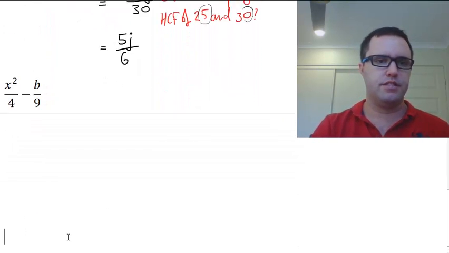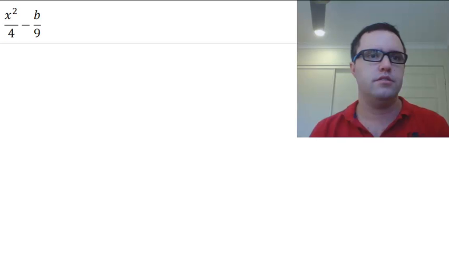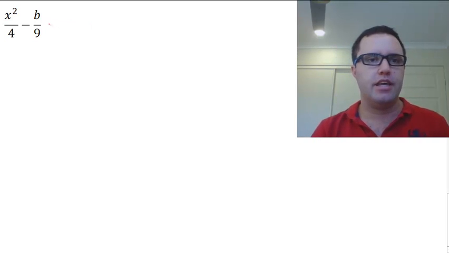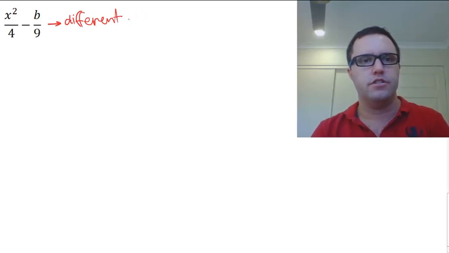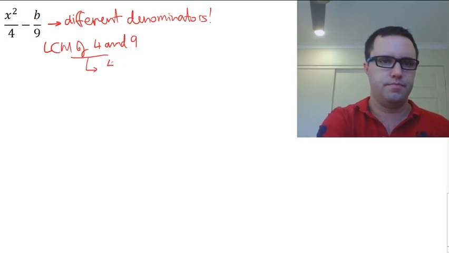Okay, our last example for today. Right, we have x squared over 4 take b over 9. Now, both of these fractions have different denominators and different variables, but the main thing we're worried about is the fact that we have different denominators. That's the main concern. So, the LCM of 4 and 9 is, well,